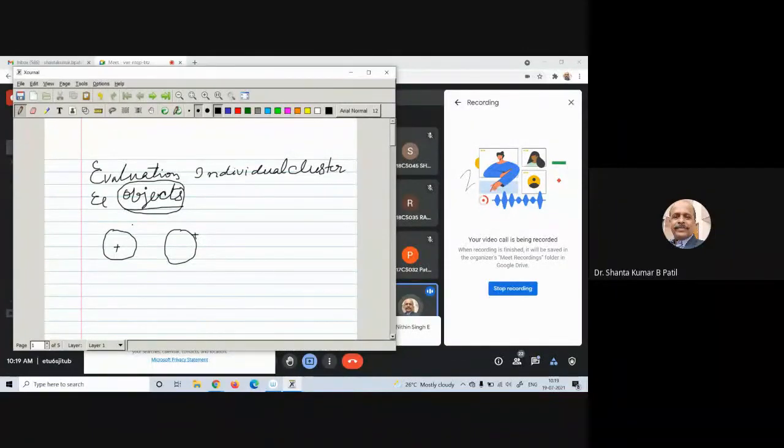The scientist used this concept in order to evaluate the individual cluster and the object, and that is called the Silhouette coefficient. Silhouette, S-I-L-H-O-U-E-T-T-E, Silhouette coefficient. So in the case of the Silhouette coefficient,